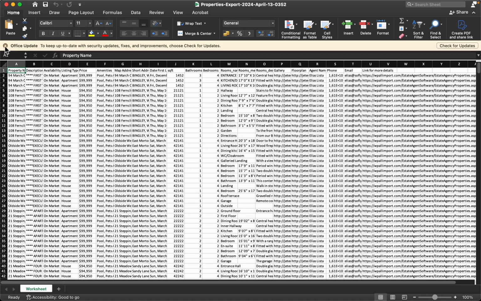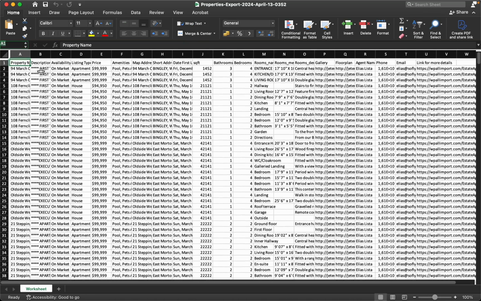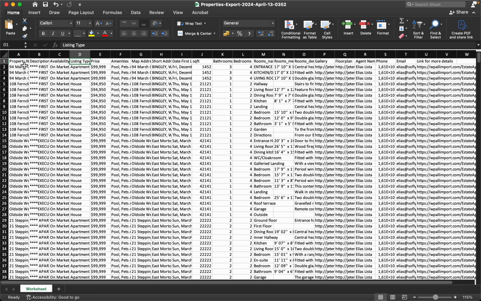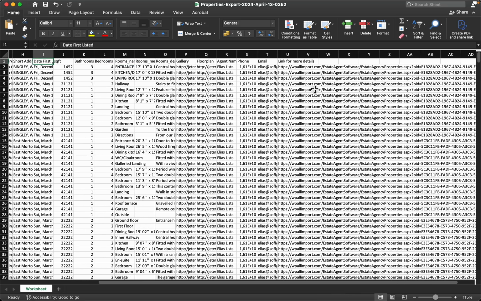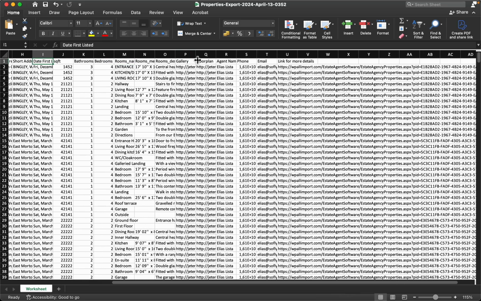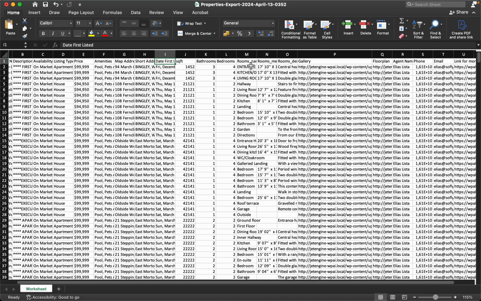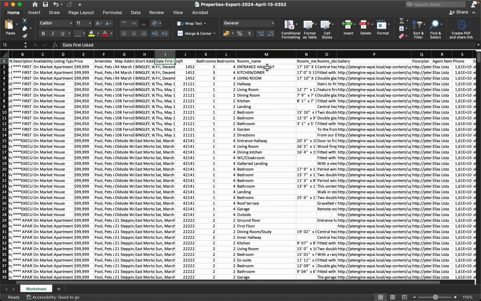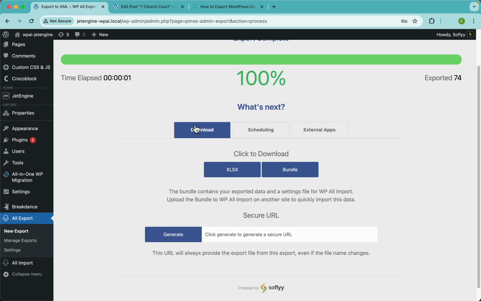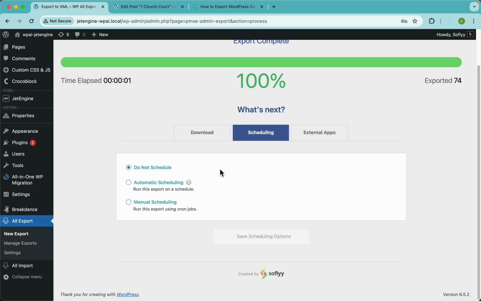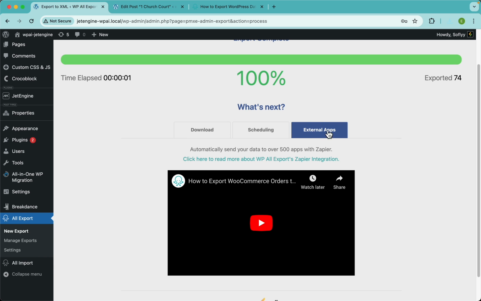And here it is. We have property name, description, which remember we changed those columns. And then we have availability, listing type, price, amenities, map address, shared address, and all of this seems to be good. Here we have our gallery, right? Oh, guys, and remember we have here our repeater field, and it seems to be good. So that's great. Here in WPL Export, we have the scheduling options again,